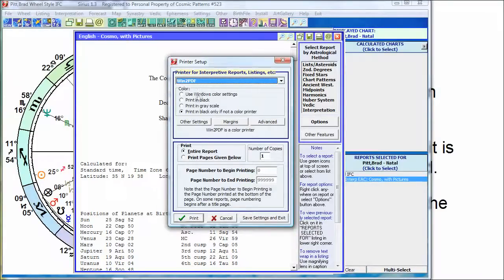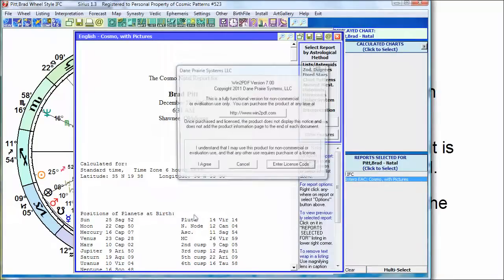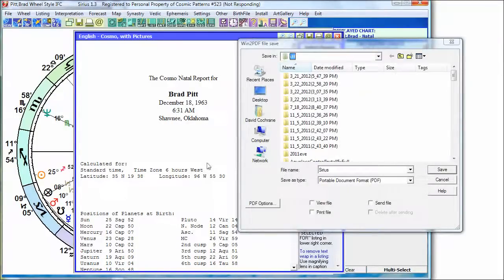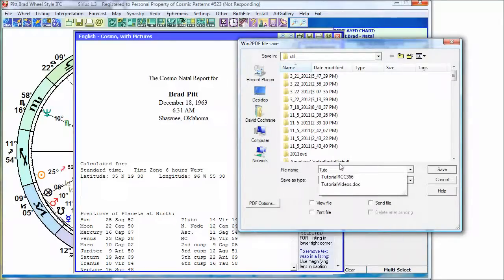I haven't done this in a long time, but it should work fine. I'll click on Print, and I hardly ever use this program. It's asking me to agree to something, and then I guess it's asking for a file name and what folder I want to put it in. So I will call this tutorial sample. That's good enough. Click on Save,